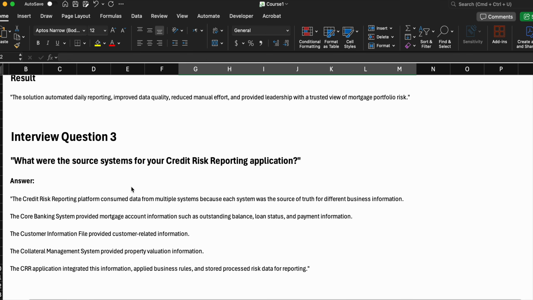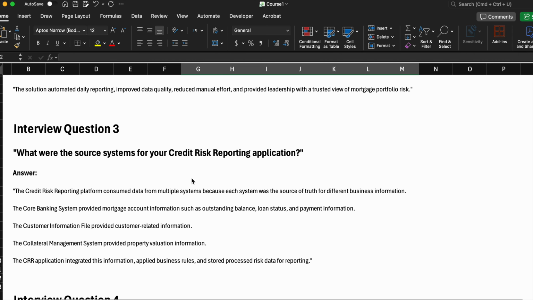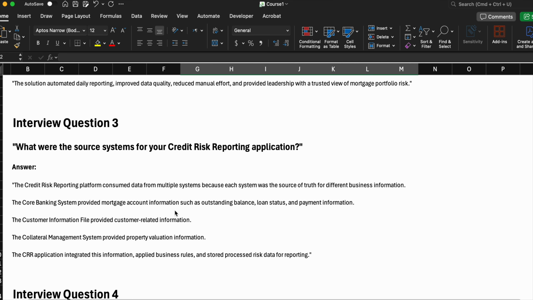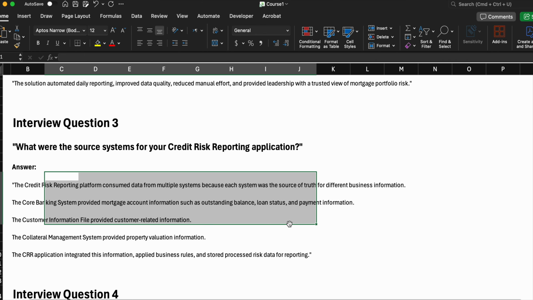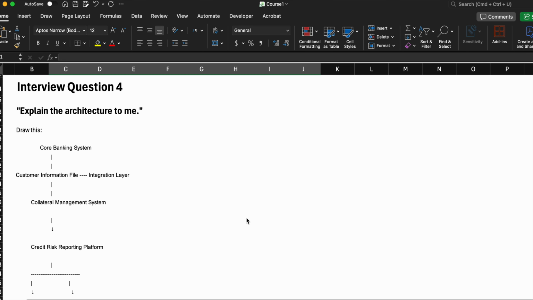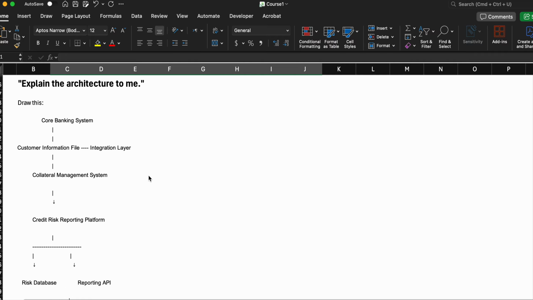Next question: what are the source systems for your credit risk application? A source system is where you get the data to prepare the final report. You can talk about that. Next, if they ask you to explain the architecture, I don't believe so, but sometimes they can ask you to give a walkthrough of the end-to-end flow. So you can talk about your